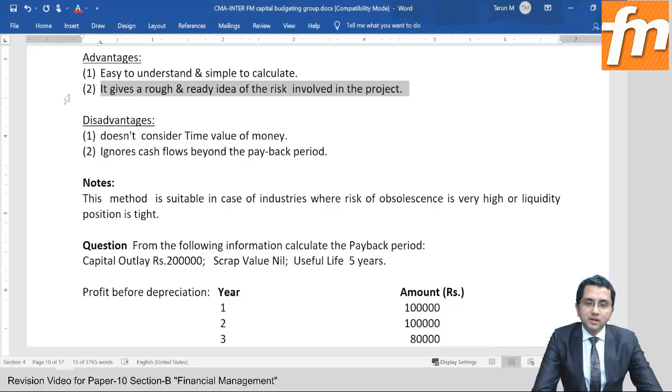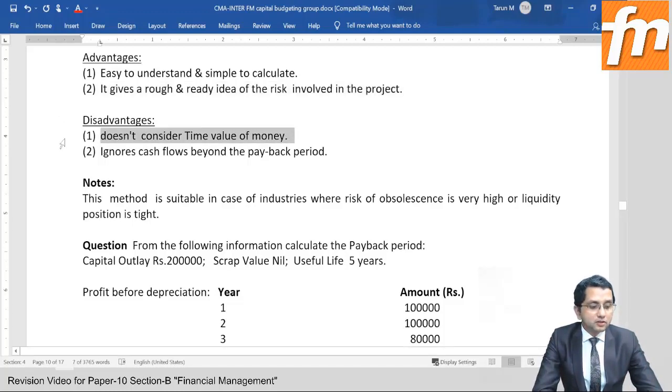You know why? Suppose the payback period is just 3 years instead of 5 years. You select a project with 3 years payback period and reject the proposal with 5 years payback period. After 3 years, suppose there is a sudden downturn in the entire economy and therefore your business also starts performing poorly and you start sustaining the loss. But thankfully, you have already recovered your initial investment. So if the payback period is shorter, your principal amount is recovered soon. Thereafter, if any adverse event happens, you will not suffer loss of principal amount at least.